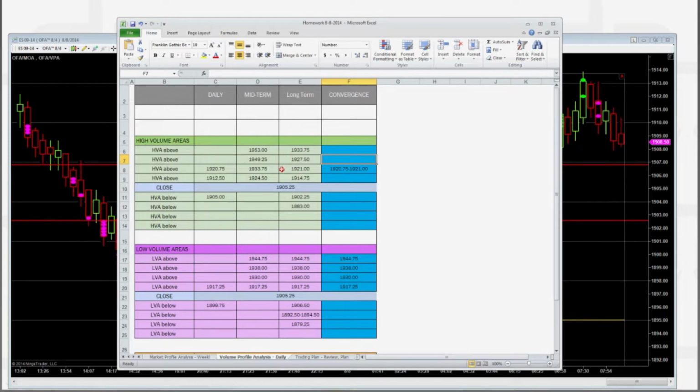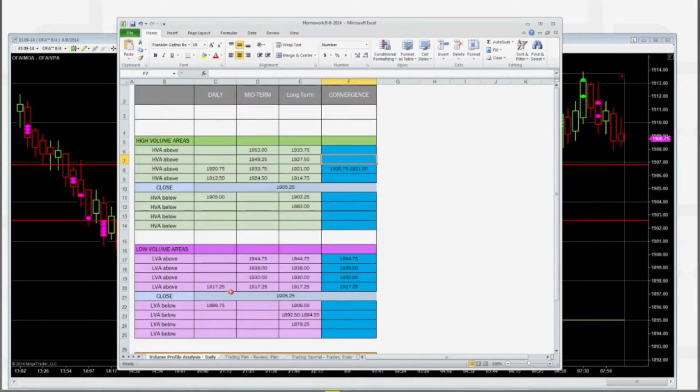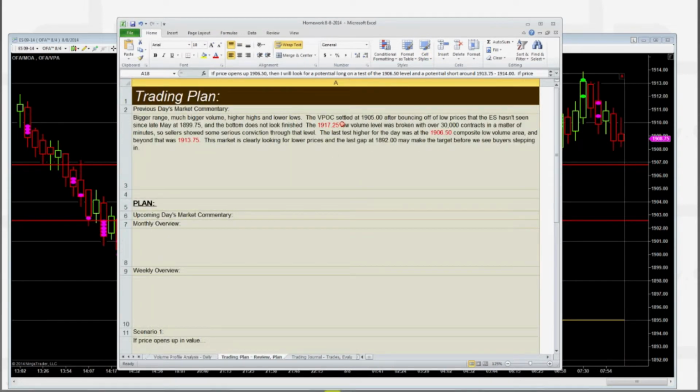So then once I have all these numbers plugged in, then I move over to a trading plan and I talk through the day. A big range, much more volume, higher highs, lower lows. And then I start looking at the numbers that came off of this chart, right? The low volume areas, the high volume areas. And I start plugging those in to start building a script for my